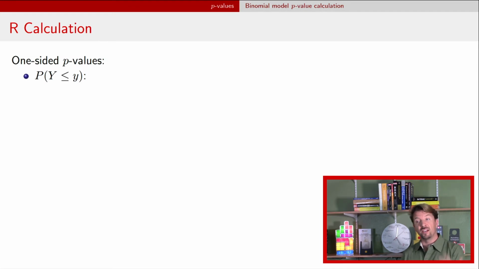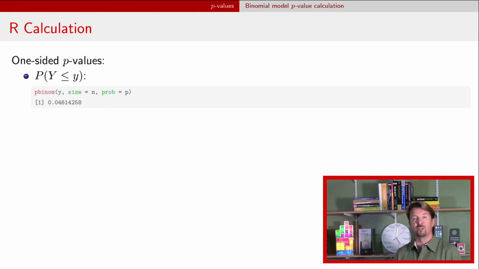Now let's go and calculate those p-values, the actual values, the probability that the random statistic is as or more extreme than our observed statistic if that model is true. So here's our first probability calculation: the probability that capital Y, the random statistic, is less than or equal to little y, the one that we have observed. That's just evaluating the cumulative distribution function for a binomial random variable. So we can do that straightforwardly, and it's about 0.05.